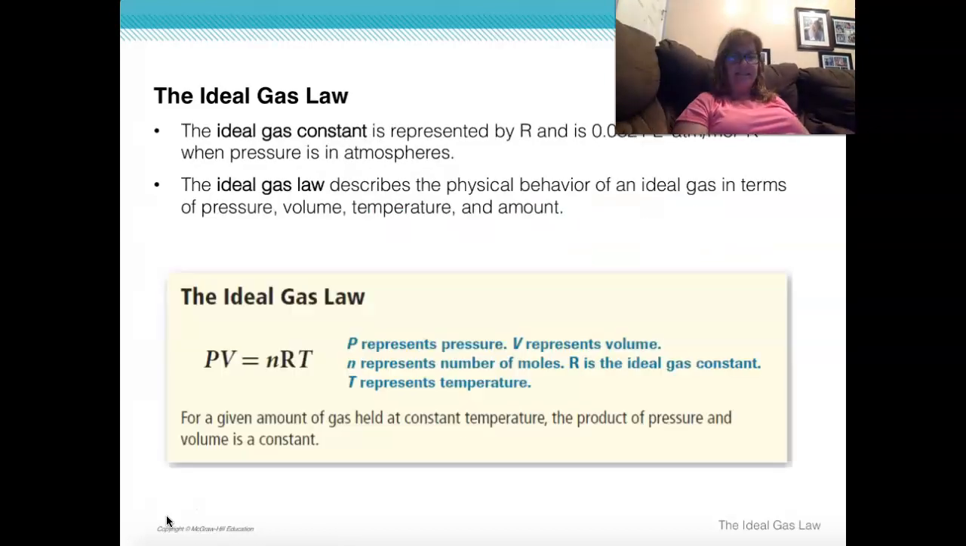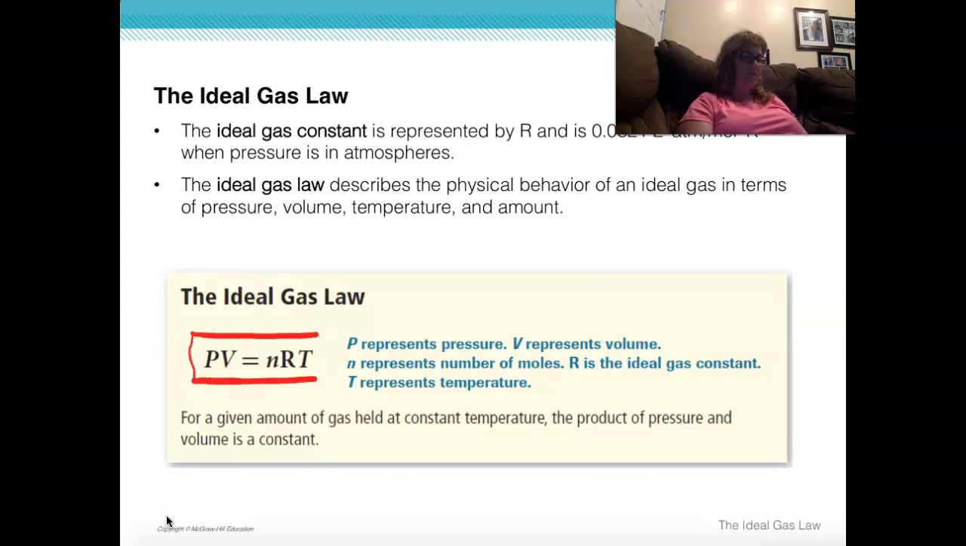So the ideal gas law, here is the formula you need to remember. PV equals nRT. P stands for pressure, V stands for volume, T stands for temperature. Now this lowercase n represents the number of moles. So if you know the number of moles, you would just plug it in for n. However, R is what we call the ideal gas constant. Now, the ideal gas